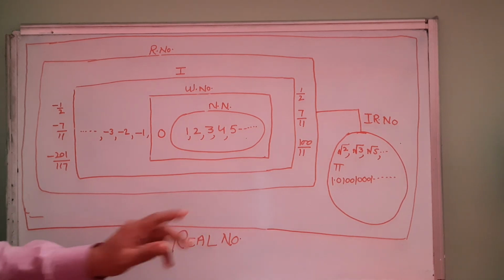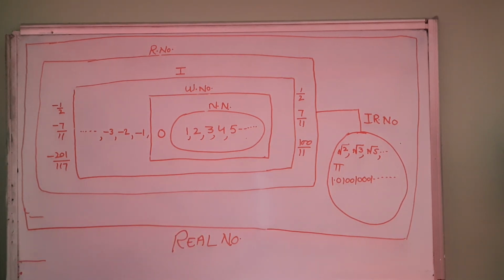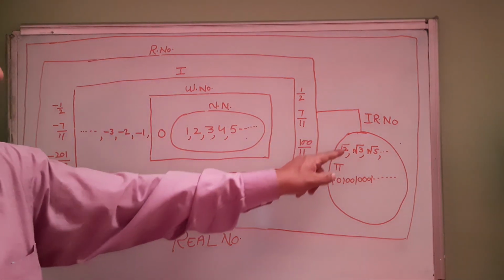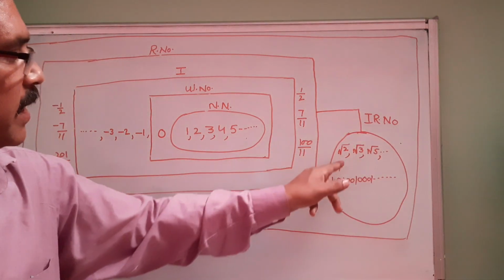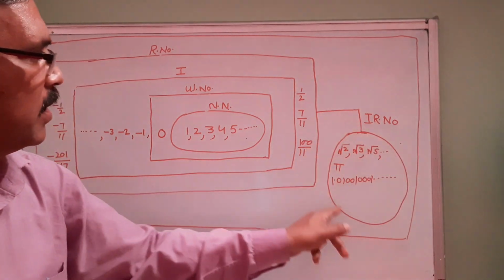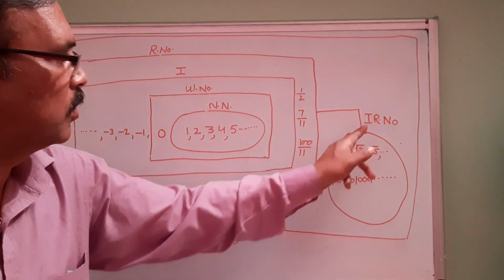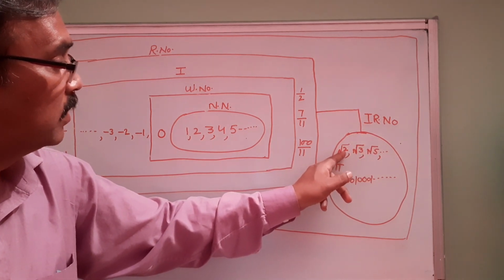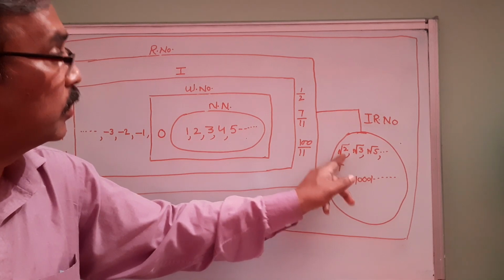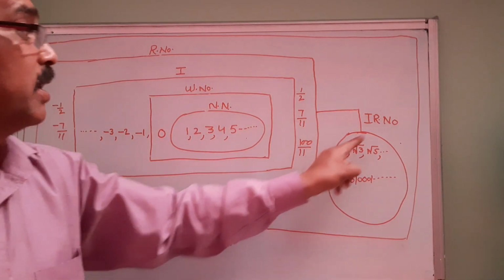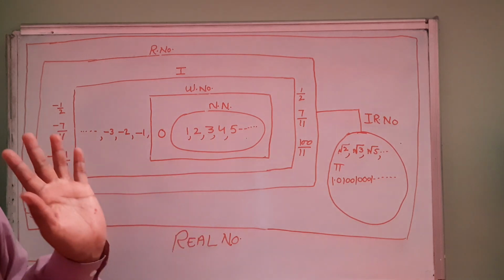You can take one example for understanding it. If somebody asks, what name can be given to this root 2? I will just see the box in which it is contained. It is contained in this box. This box or this figure is given the name irrational. So root 2 is irrational. The other box which contains root 2 is this big box, and the big box's name is real number. Meaning root 2 is an irrational number and a real number.